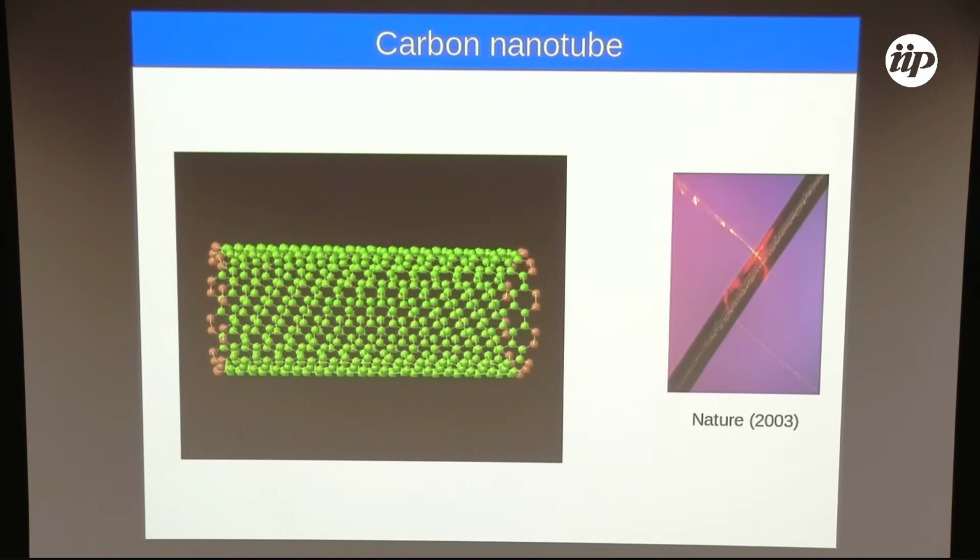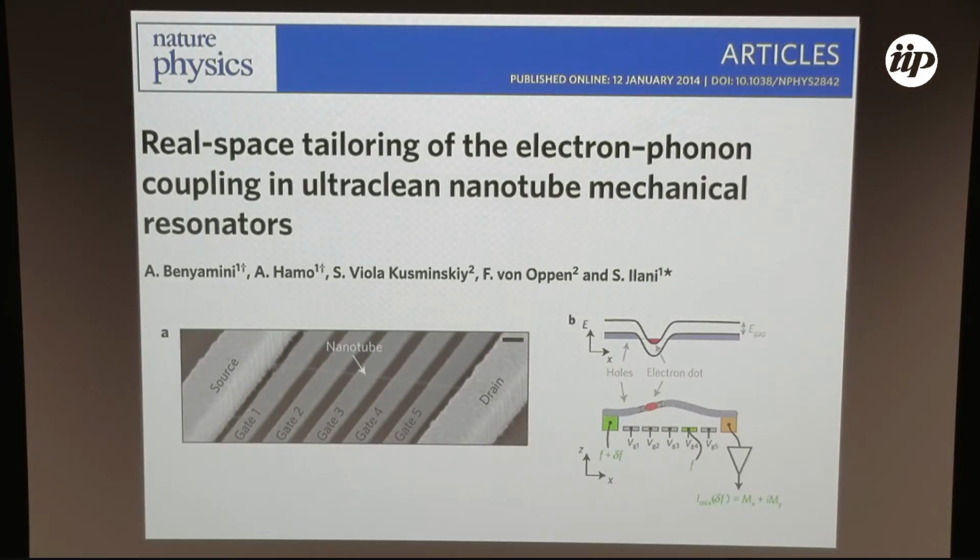Now, let's move on to carbon nanotubes. Carbon nanotubes are one of the most clever systems nowadays. You can do many, many things with that, okay? And this is an illustration of a carbon nanotube, and this is the human hair here, and here this is the carbon nanotube, just to have a notion of the dimension of it, okay? This diameter is of the size of tens of nanometers, okay? So you can play a lot with carbon nanotubes.